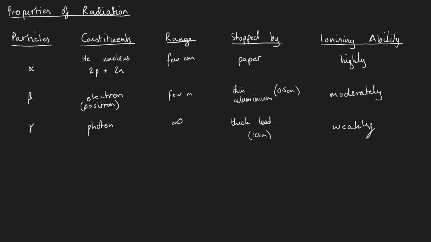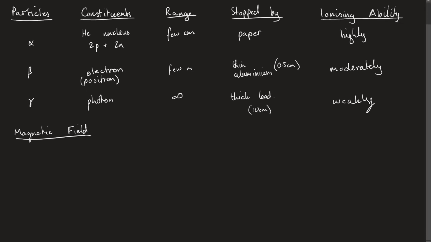What we tend to do is put them in a magnetic field, and that is then going to enable us to split the difference between these, because we know that if I was, for example, going to have a uniform magnetic field, and if you haven't checked out the magnetic fields videos yet, I would recommend watching magnetic fields before you come on to nuclear physics. This is a uniform magnetic field, and I have an emitter here that is emitting all three of these types